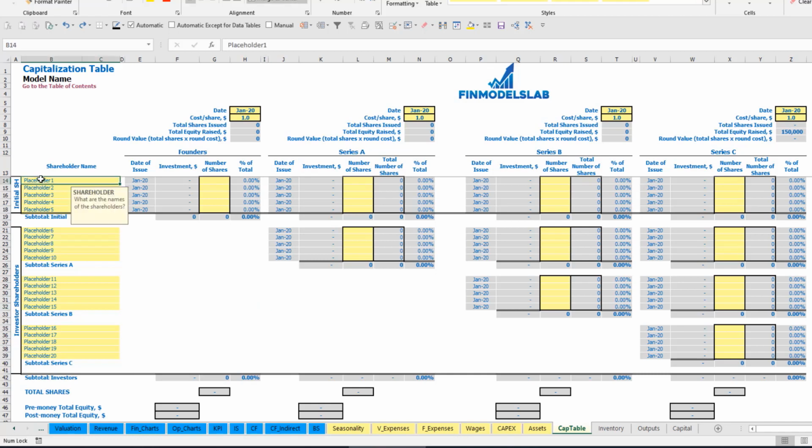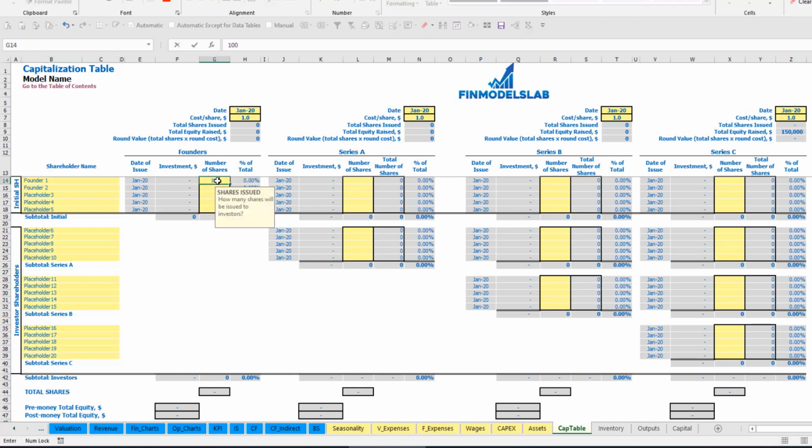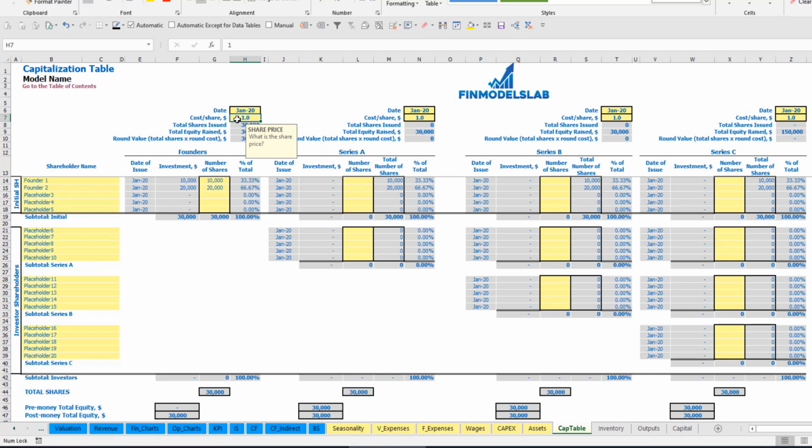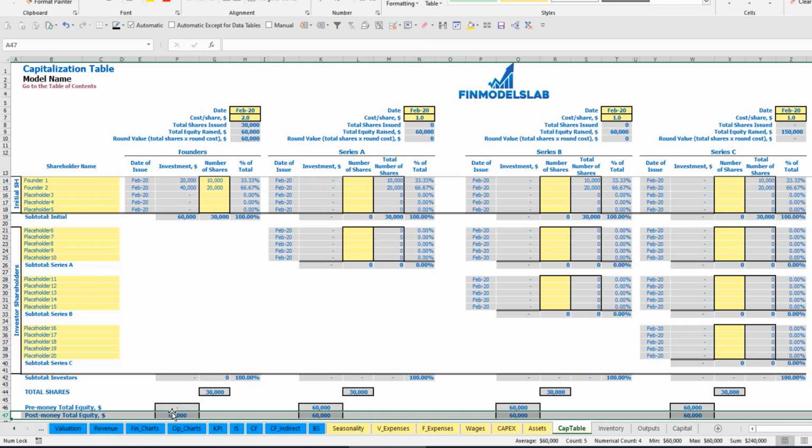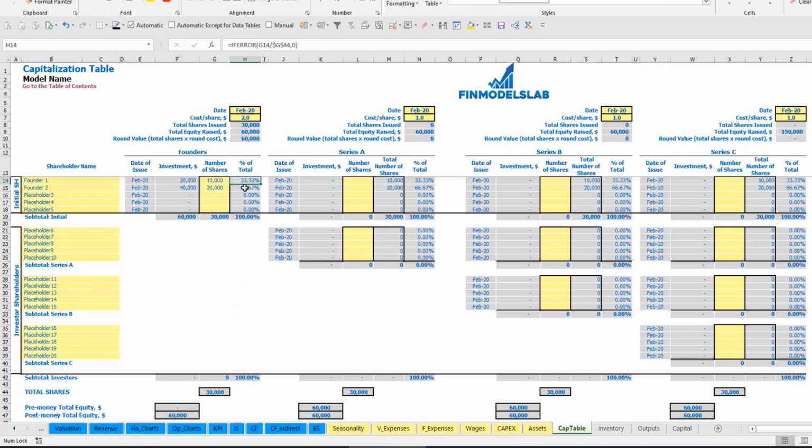Let's pretend that we have 2 founders, founder 1, founder 2. So total amount of shares for founder 1 can be 10,000, for founder number 2 20,000. Let's imagine that cost of share will be $2 and the date of founding is February. This means that investment for founder 1 is $20,000, for founder 2 is $40,000. In total they invest $60,000, which you may see here. The dilution is 33 to